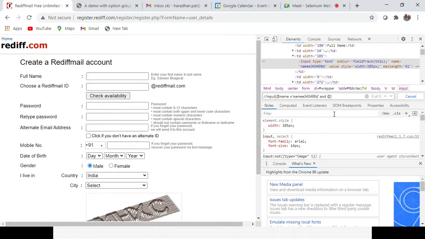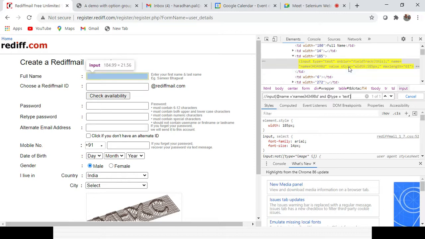Suppose type, I want to give type, and I will give the text equal to text. You can see that it is still highlighting only one option. So this is another option.